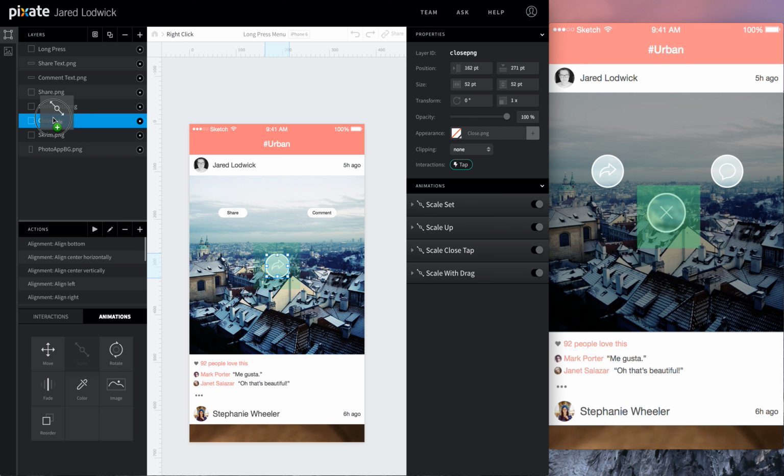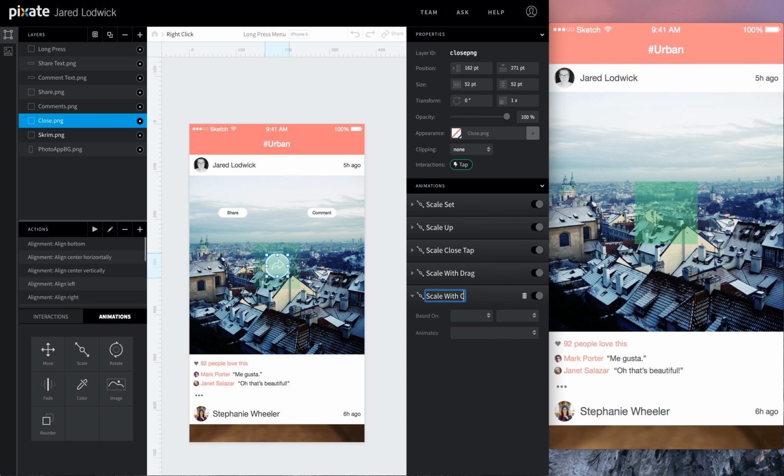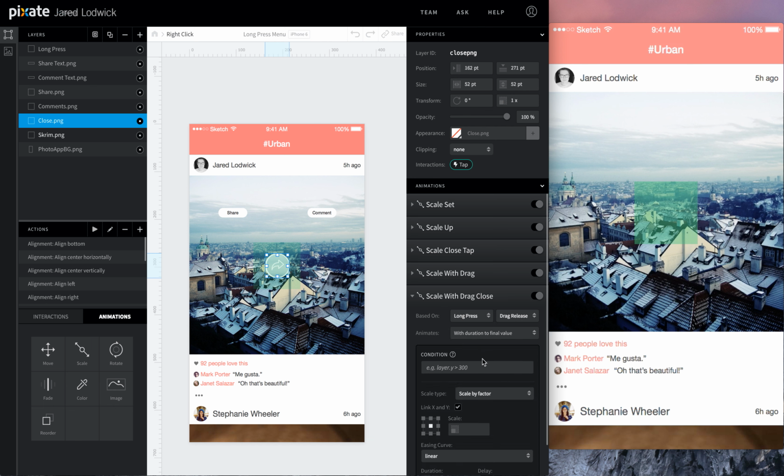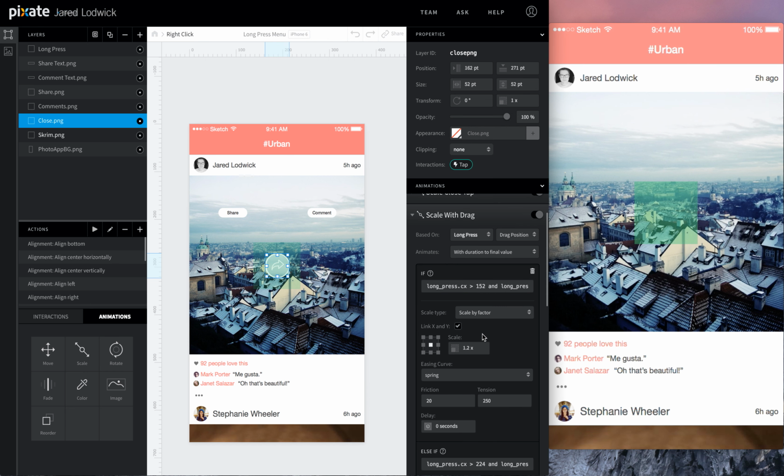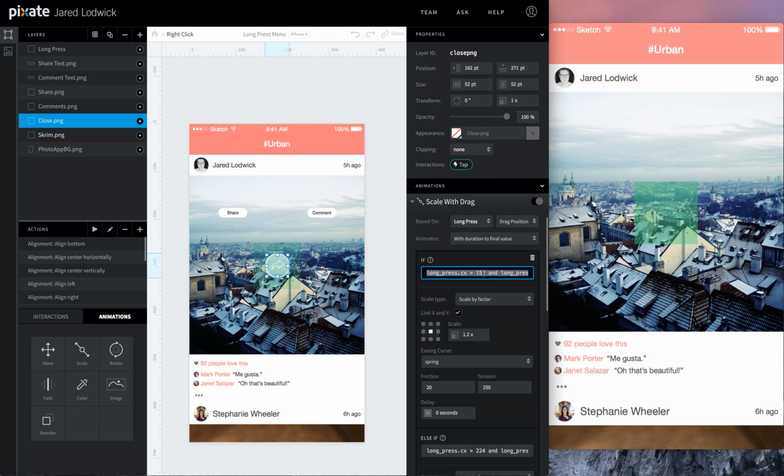So we'll add a scale. Call this scale with drag close. That's based off of long press's drag release. And we're going to copy these conditions for the expansion. We're going to use just the same conditions.